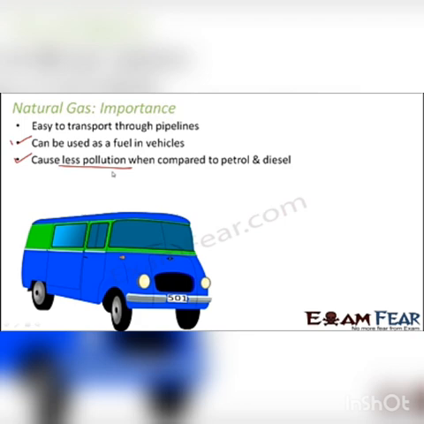So that way it has two benefits. One is, since very less residue is left, that means the fuel is more efficient. So most of the fuel is getting utilized. Secondly, there will be less smoke produced, so less environmental pollution. So we can maintain a cleaner environment by using natural gas as a motor fuel. That is why CNG, which is compressed natural gas, is preferred as a motor fuel over petrol and diesel.